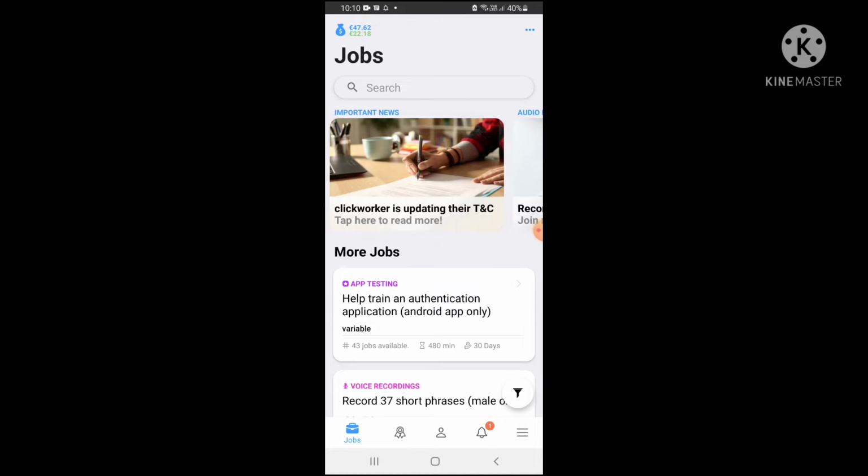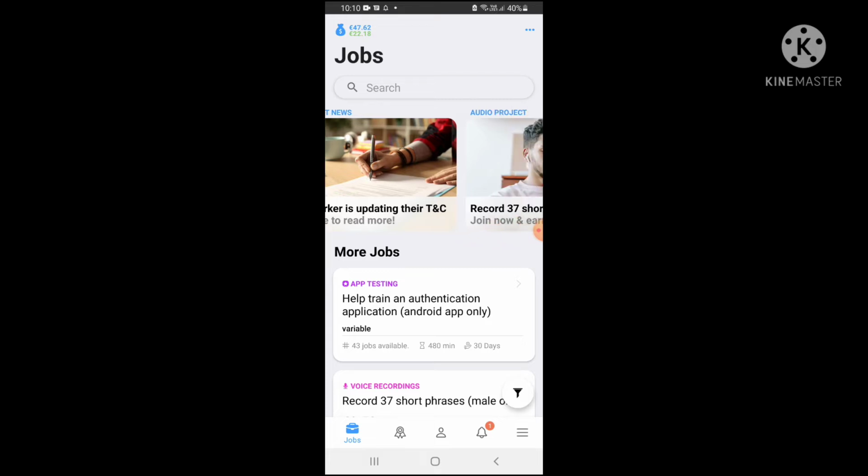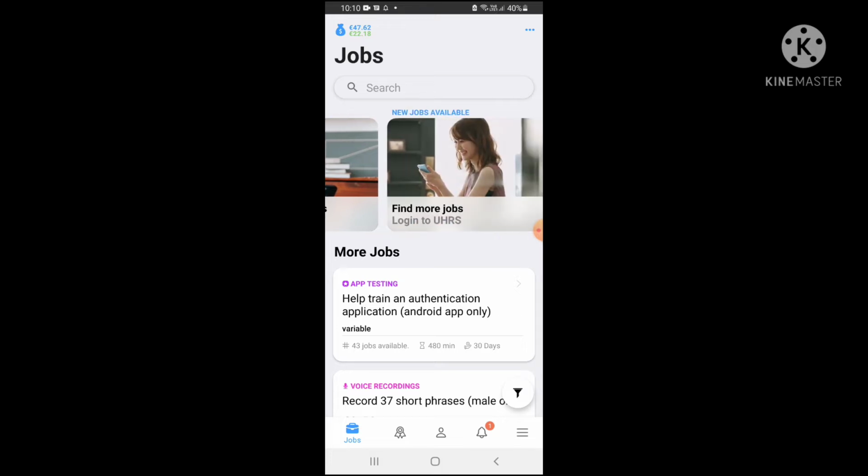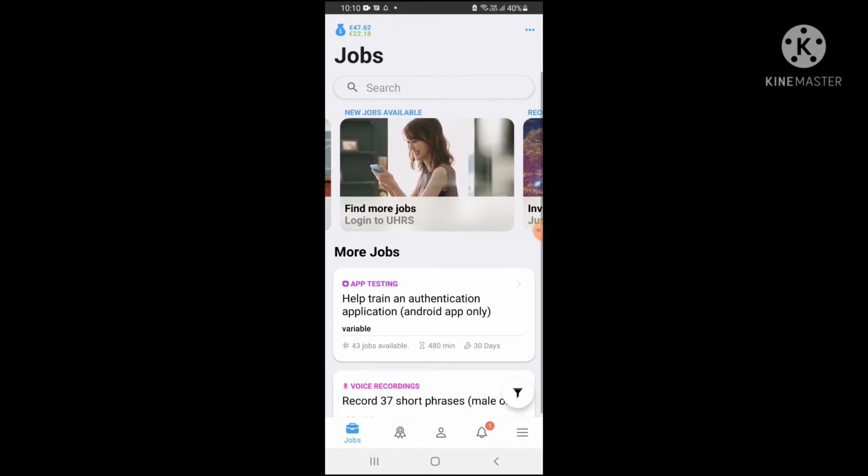Now Clickworker is currently updating their terms and conditions, so you just need to read the terms and conditions. There are some audio projects available for me, and I can also log into UHRS from here, but I always recommend that please don't, never ever try to do jobs from